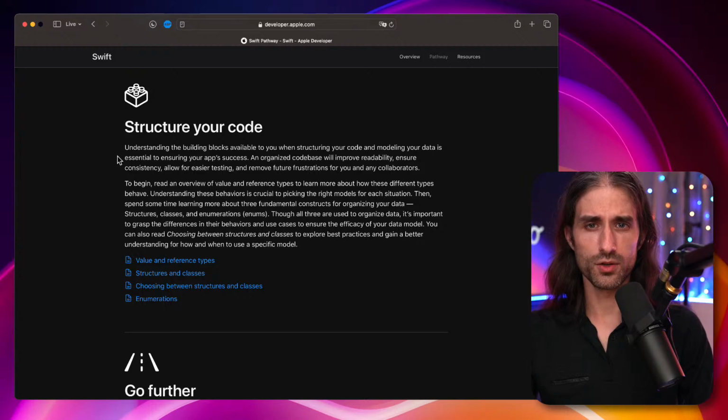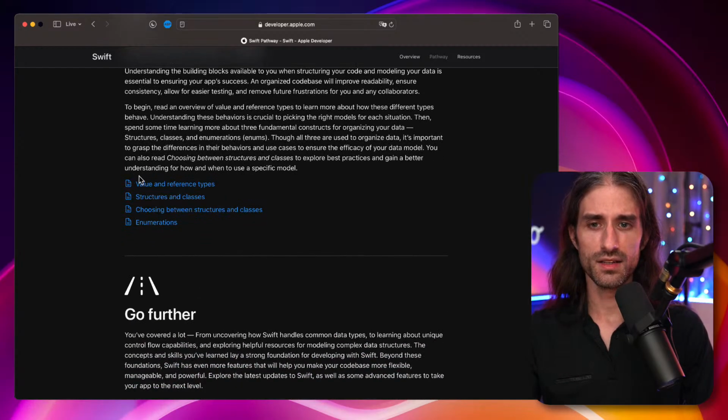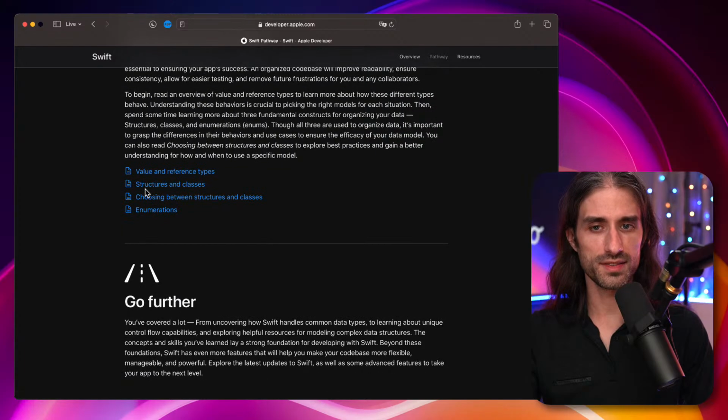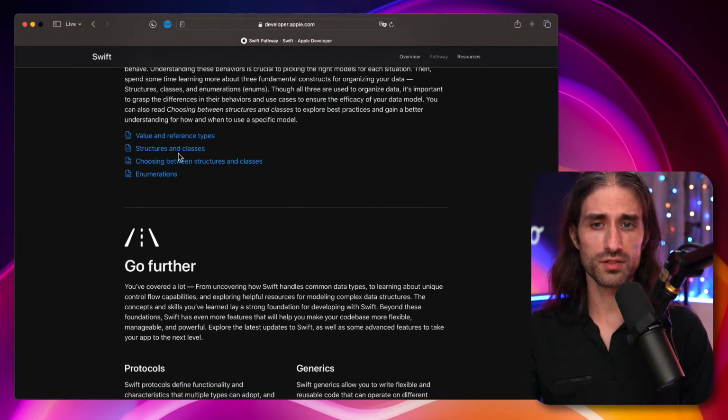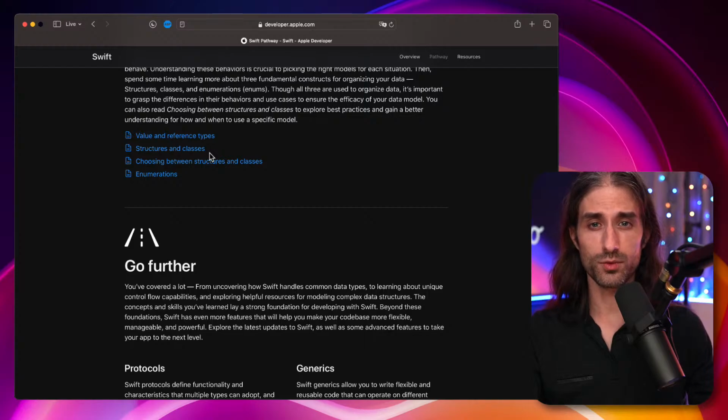Then about structuring your code. Once you learn the basics, how to build something that scales. The difference between value and reference types is super important. Structs versus classes, also very important to understand, especially so that you don't go in the wrong direction. And also, as we said earlier, if you ask an AI to generate code, this way you will be able to know if it's using the right patterns or not. That's very important because AIs have been trained on existing code, and for iOS, there is much more code with the older APIs than the more recent ones.